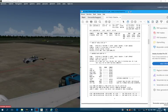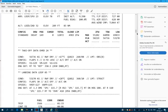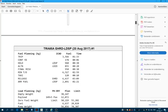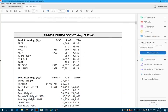Something about the flight plan itself. The trip fuel: we have just uploaded 6,600 kilograms of kerosene, which is enough for a pretty short flight time today, about 1 hour and 33 minutes on a cost index of 45. I hope it's still current for Transavia. I'm not absolutely sure. The cost index